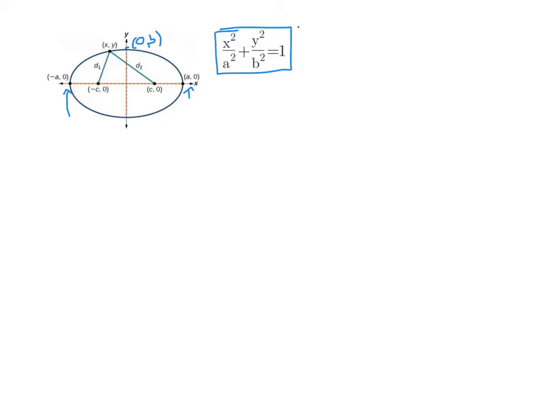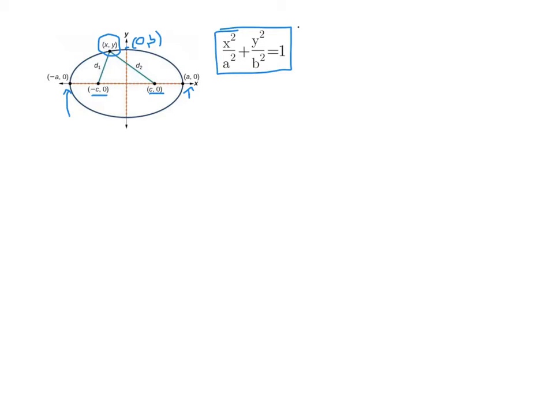Now, where the actual definition for an ellipse comes from is if we take a general point on the figure, call it (x, y), then it's defined to be all (x, y) that have the following in common. If I say that there are 2 points that we call the foci, remember we had a focus in the parabola, and we actually have 2 foci in the ellipse, and these are 2 points so that if you